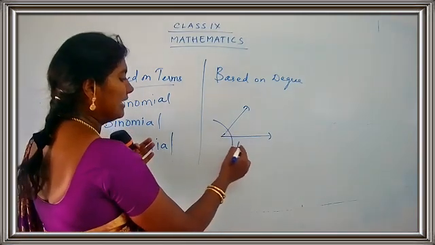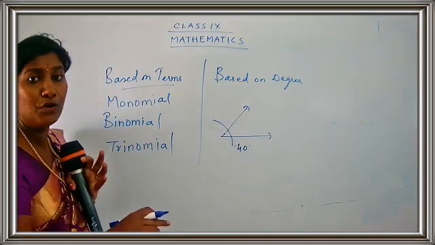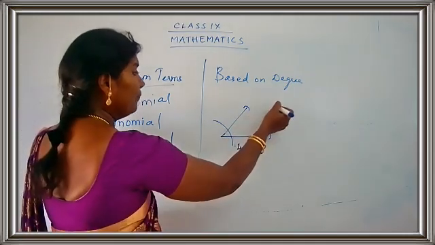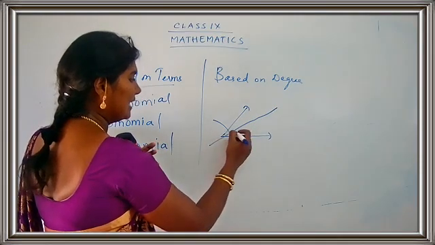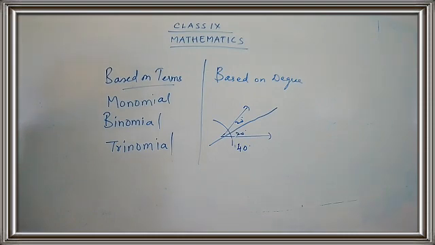Suppose you are constructing an angle of 40 degrees, and you are told to bisect this angle. When you bisect the angle, you will get exactly 20 degrees, 20 degrees. So bisection is 2. Okay, so what is the meaning of binomial? Binomial means a polynomial with two terms. So what was monomial? A polynomial with a single term or one term is called monomial. A polynomial with two terms is called binomial. A polynomial with three terms is called trinomial.